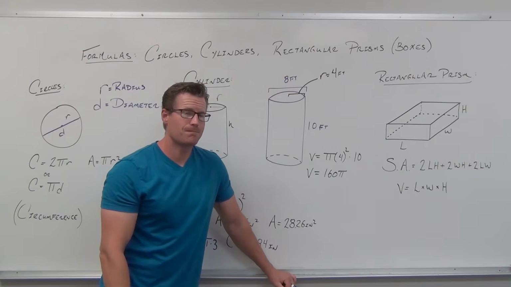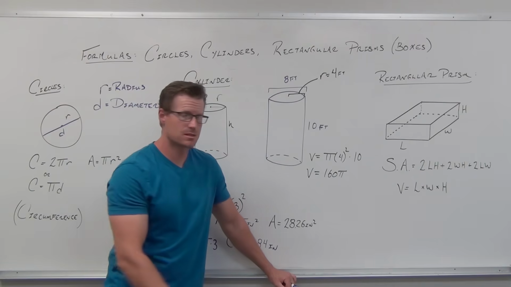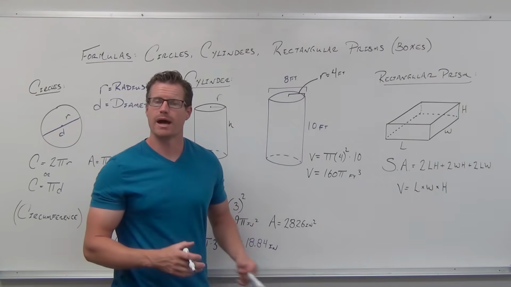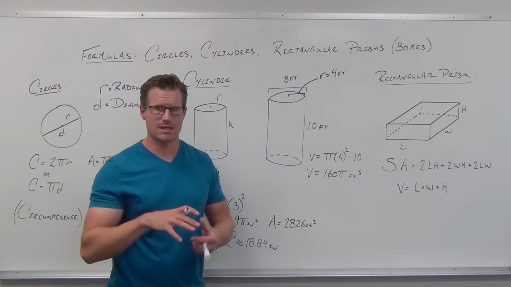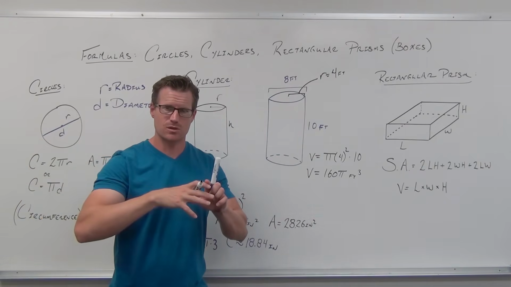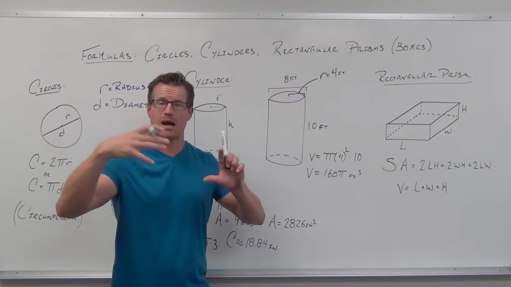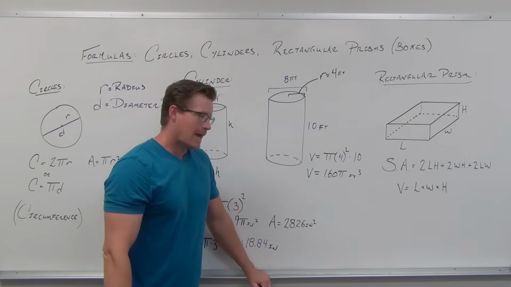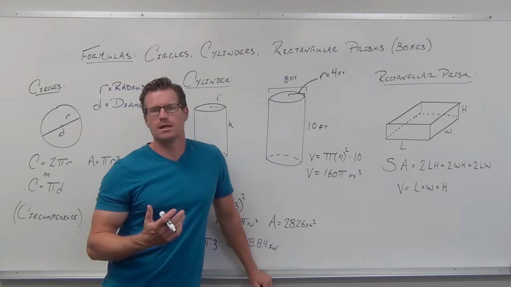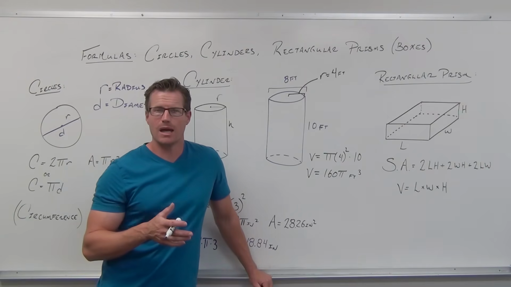160 pi. Look at our units: feet cubed. The idea of volume is a cubic idea, how much space. 3 dimensions here. This cylinder fills a 3-dimensional space, that's power 3. That's the exact value. So if you're asked for an exact volume, you're going to give 160 pi cubic feet,